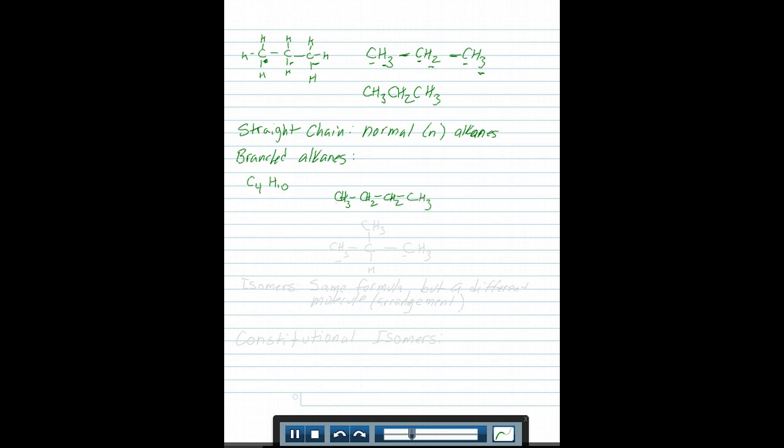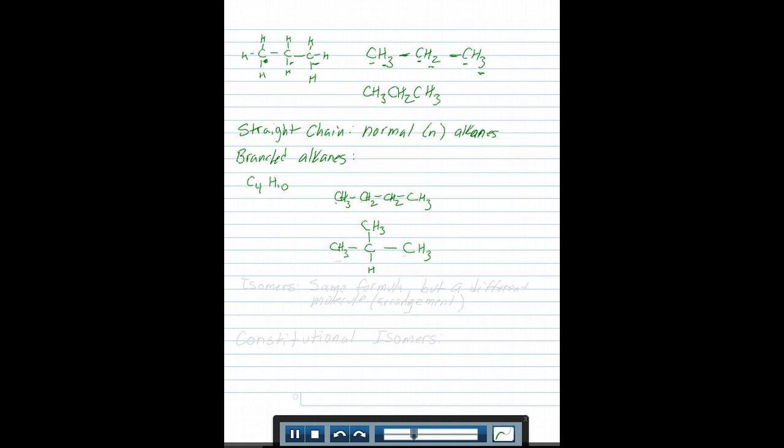Okay, straight chain, meaning you have carbon in a straight line. Okay, that is what's meant by a straight chain or the normal. A branching group would be where one of the groups is hanging off of the longer chain. So you can have a carbon. So I still have 4 carbons, but I have 3, and then I have a third one coming out over there. So that would be a branching form of it. Okay, and again, you would have the maximum number of hydrogens on it. Okay, so it's a different molecule, but the same formula.